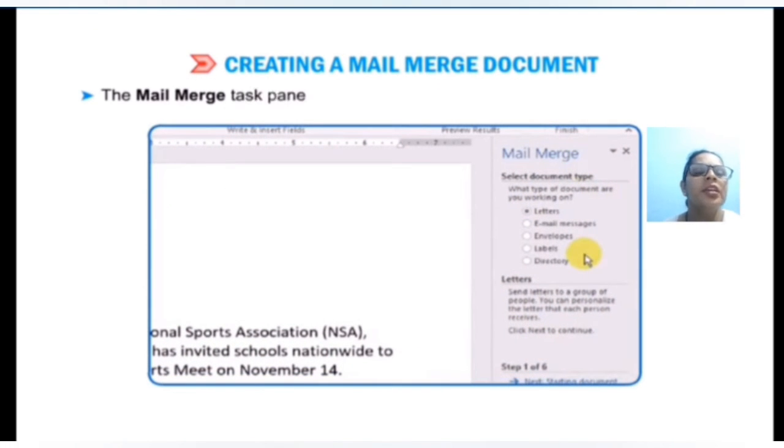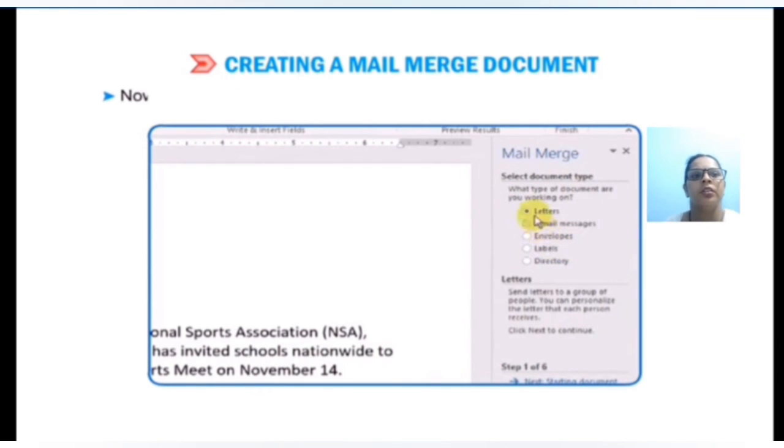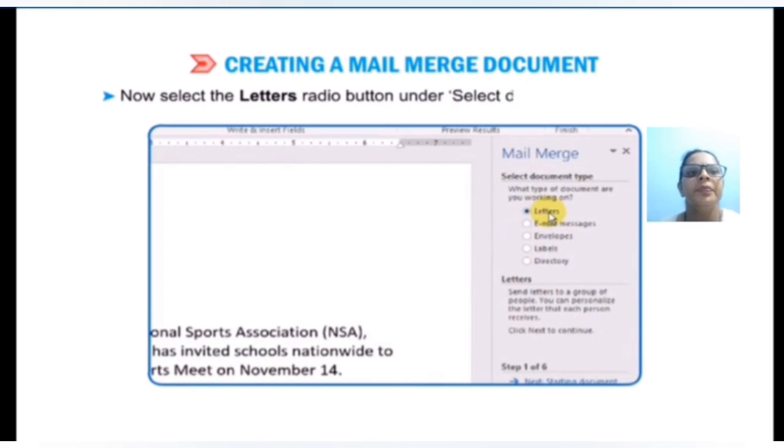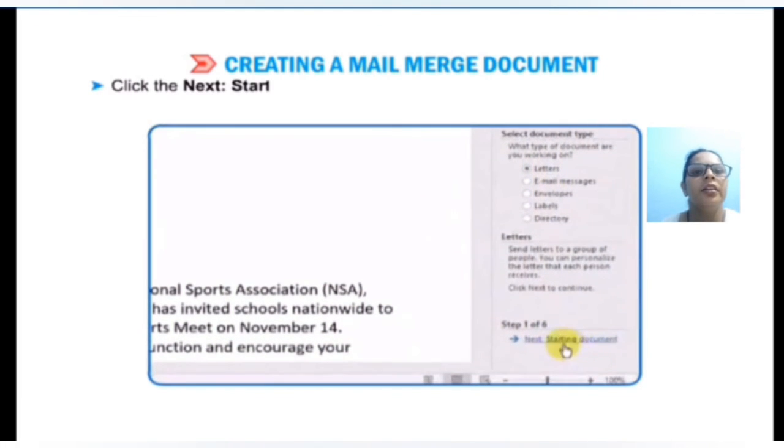You can see the task pane appear on the right side of the application window. Now select the Letter radio button in the Select document type section, and click on Next: Starting document.